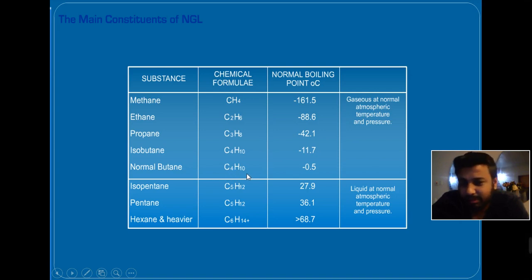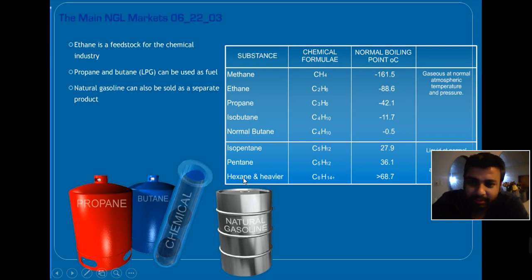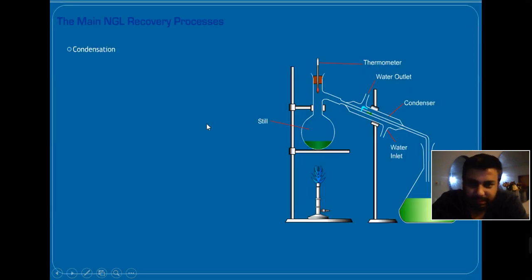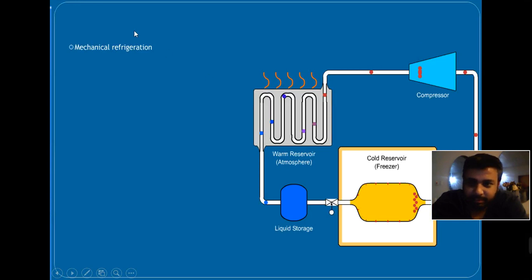If they are not in big quantity, we keep them as they are, because they are good for maintaining the heating value at the same time. Then this is the main NGL tower, which we will discuss in much more detail ahead. So this is the mechanical refrigeration, warm reservoir and liquid storage and so on. Apart from gas sweetening, gas dehydration, removing the natural gas liquids, and the compressors,